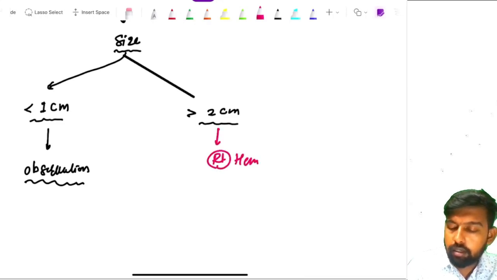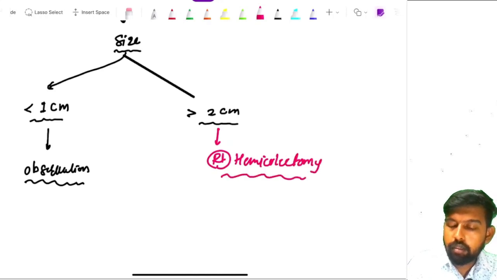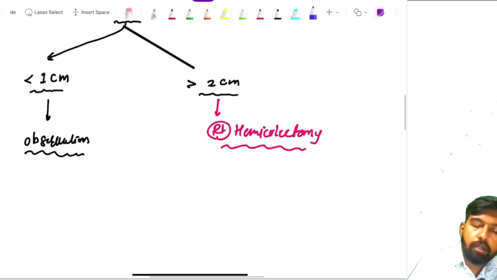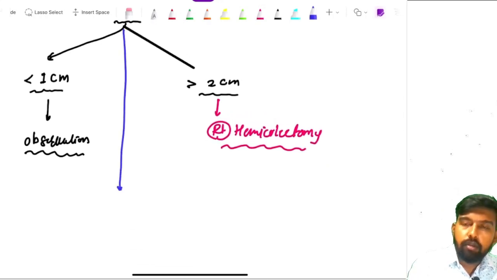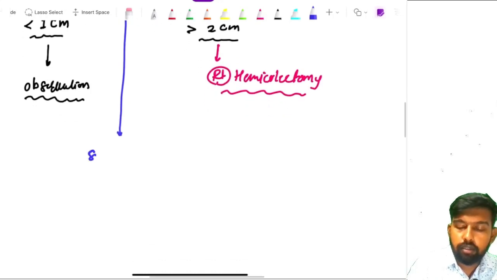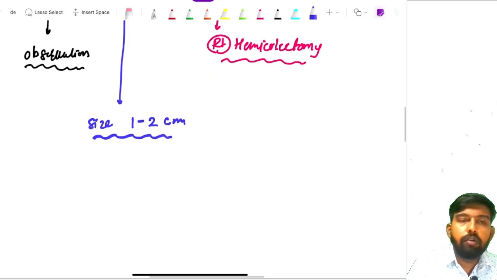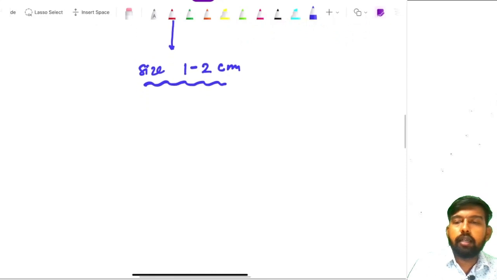But if the size of the tumor is more than 2 centimeters, then we should proceed with the right hemicolectomy. But if the size of the tumor is between 1 to 2 centimeters, then we should know the two important characteristics